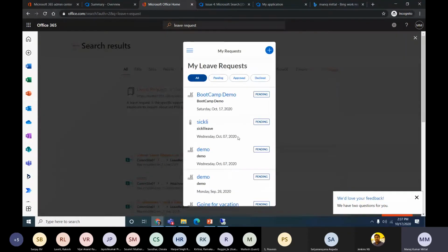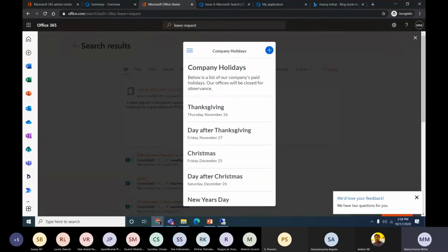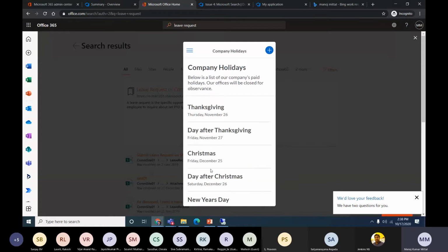We can use the applications where it can store as per the connectors available in Power App, to SharePoint, SQL, or any other systems. If we have any other legacy system, we can use custom connectors using API management. We can store it there also. Other cool features like the menus start appearing here, so people can get the information from it. Okay, the company holidays will be available and people can use it here. So search is not only the search, we can make it more interactive using such types of applications.